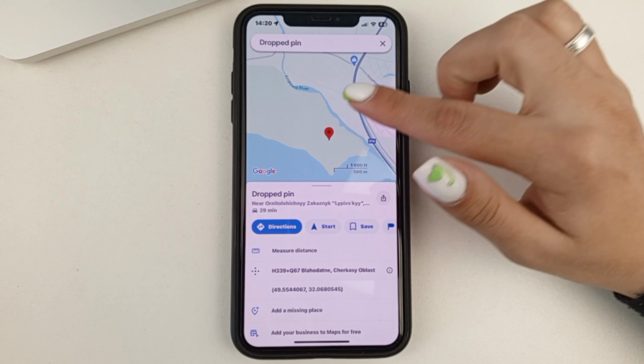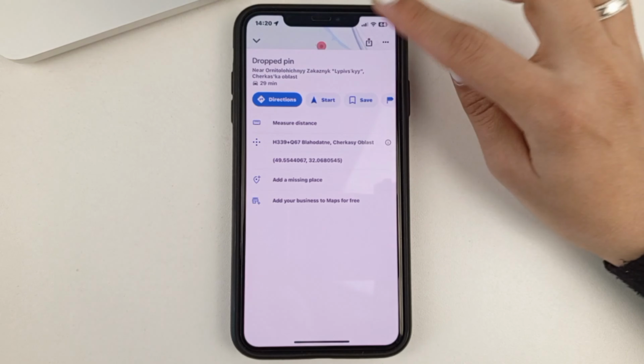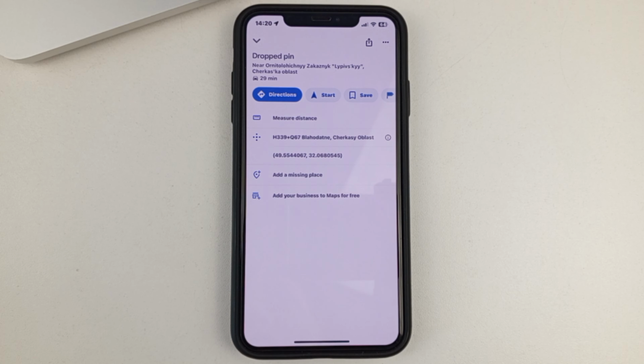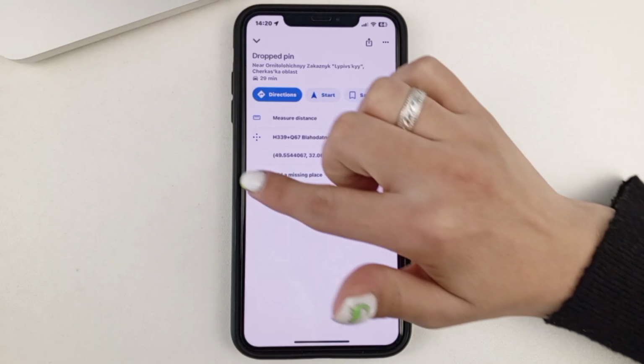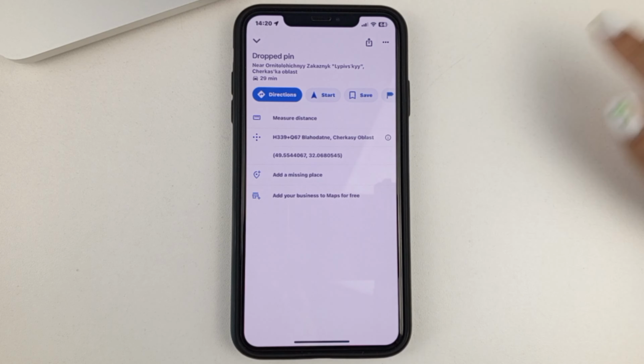After that, click on it so that this kind of red marker appears and swipe down. And once you see it, the longitude and latitude, you can copy it, for example, easily. If you click, the word copy will appear, click on it.